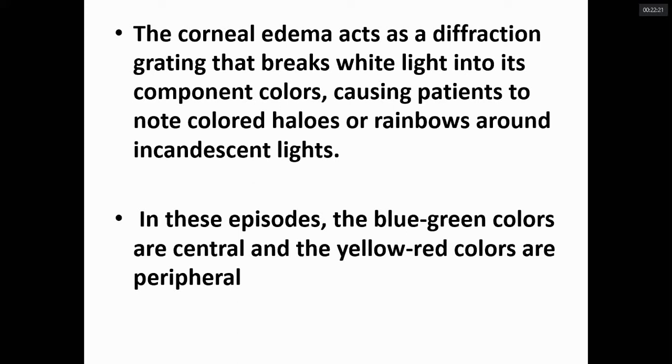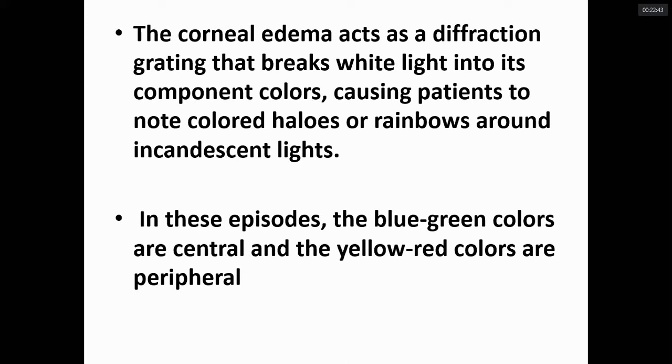So this is also important that there are other causes of the color halos, like in case of the immature cataract. You can see the color halos in case of acute conjunctivitis also, so differentiating by this color, which type of color.